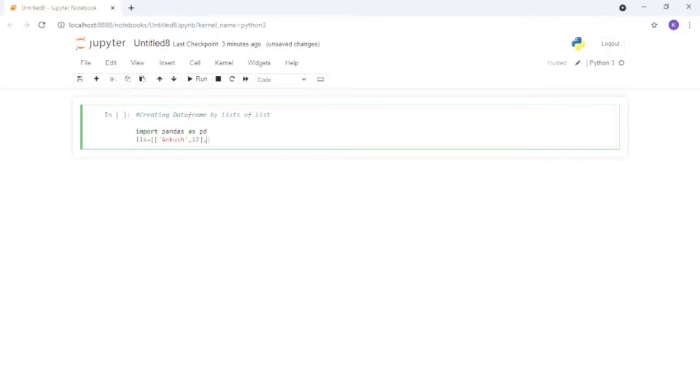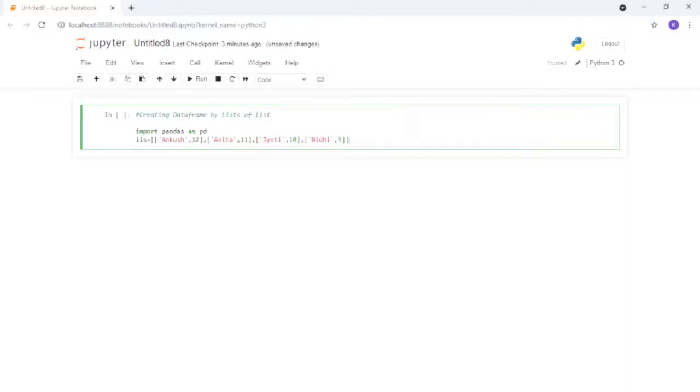The second list I'm using Anita for class 11th. Third list, I'm creating Jyoti for class 10th, and the last name is Nidhi, for class 9, suppose.